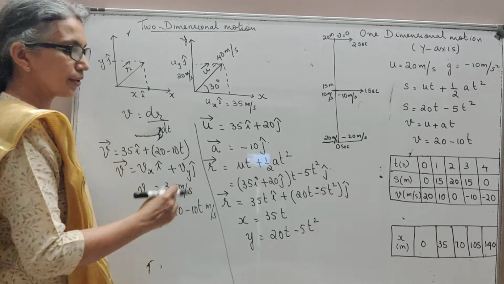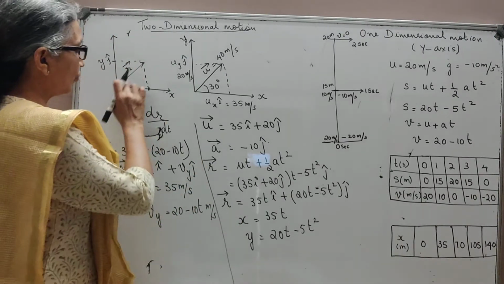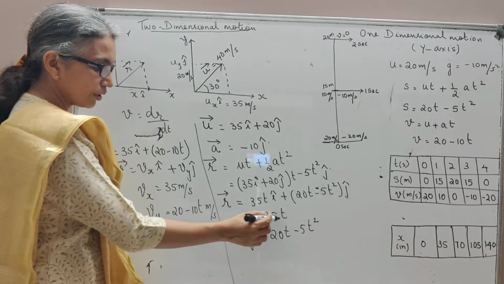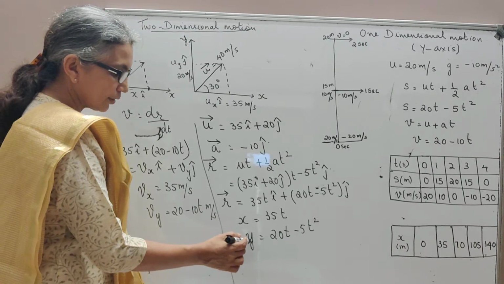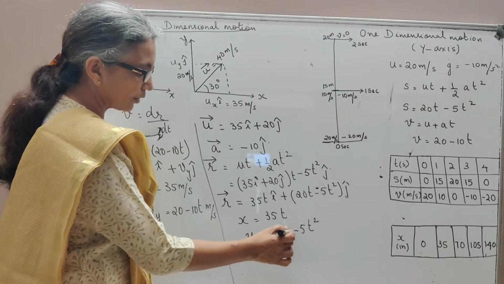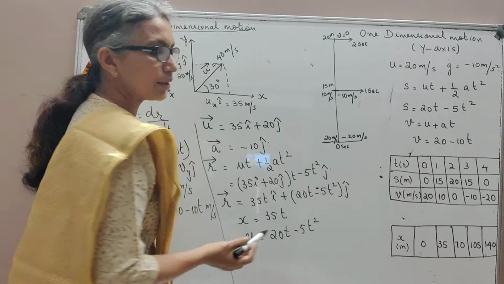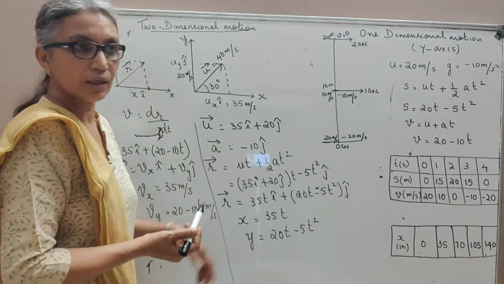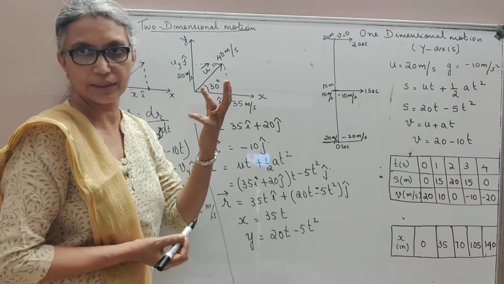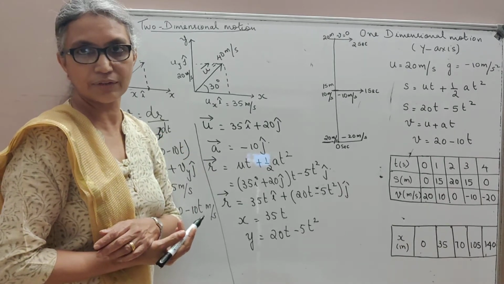Okay. Now let us look at this. You will see that this is how the position vector changes with time: this is the displacement along the x-axis, and this is the displacement along the y-axis. If you look at this equation, y equal to 20t minus 5t square, it is exactly the same as this 20t minus 5t square, which means this was a body that was projected with 20 meter per second initial velocity along the y-axis, and then traveling under the acceleration due to gravity.